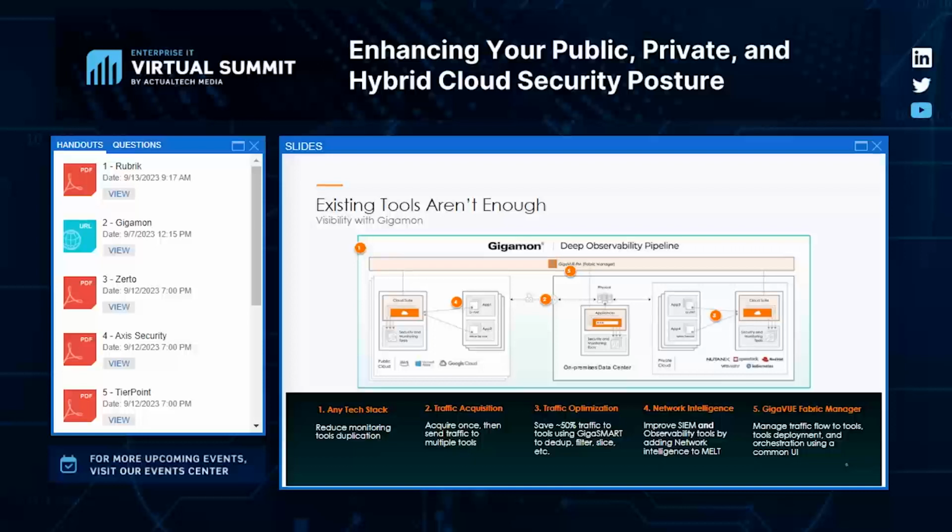We have something called ATS, automatic target selection, that detects new VMs popping up, new nodes popping up, containers popping up. What that does is it allows Gigamon to acquire all of the traffic without our customers needing to worry about that. And it allows developers to go run fast.